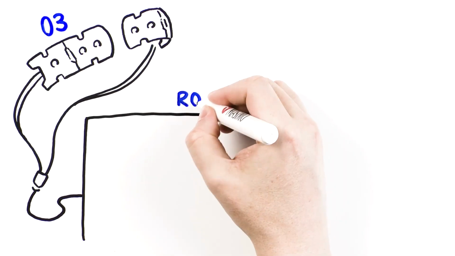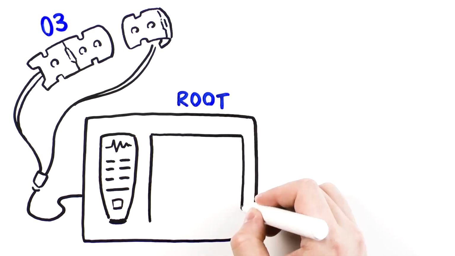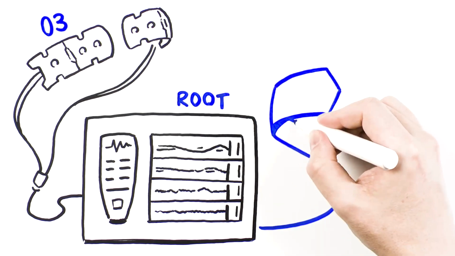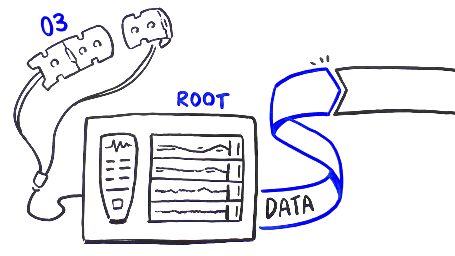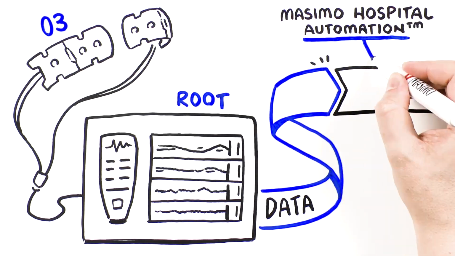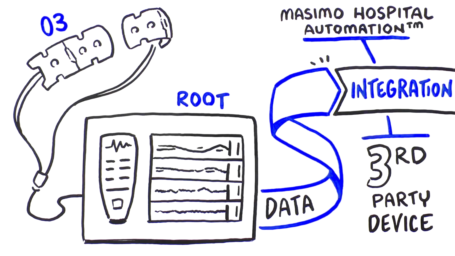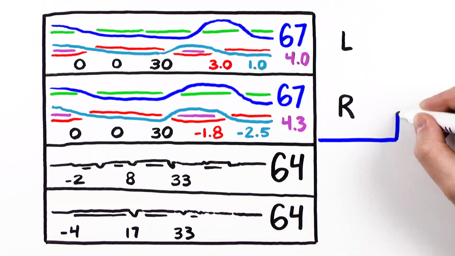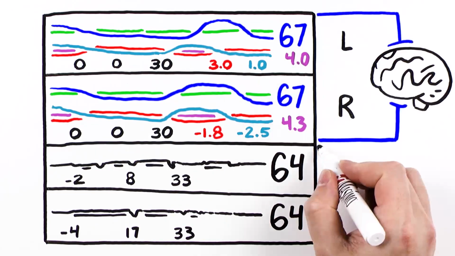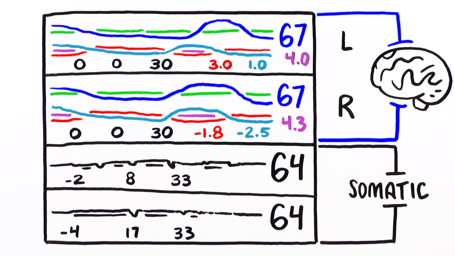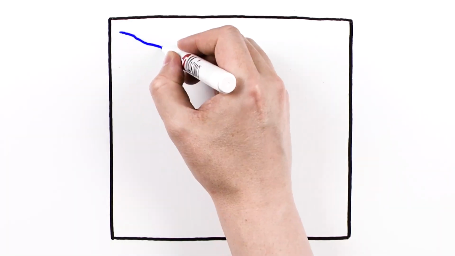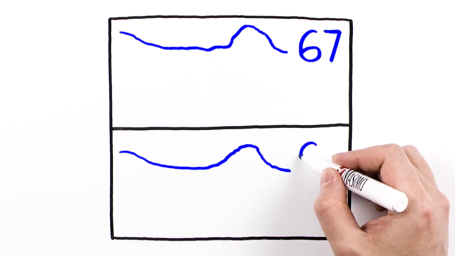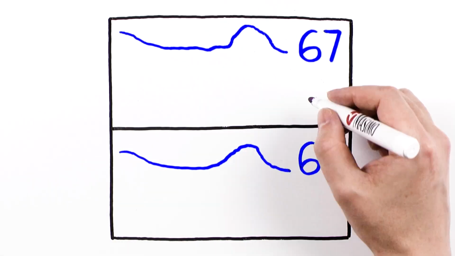O3 can be used with the Root platform to provide high-resolution display of O3 monitoring parameters with built-in connectivity. This allows O3 monitoring data to seamlessly flow to the Masimo Hospital Automation platform, along with third-party device integration. See up to 4 O3 windows, with 2 windows for the left and right sides of the brain and 2 for somatic locations. The well-thought-out layout allows clinicians to prominently see and track tissue oxygenation saturation values, rSO2, and trends,